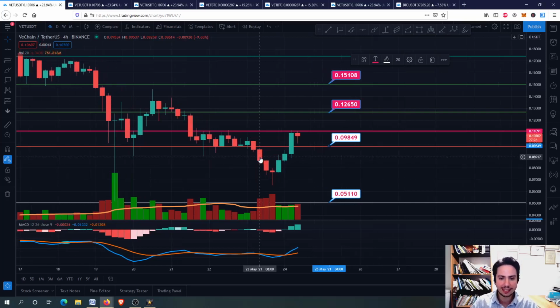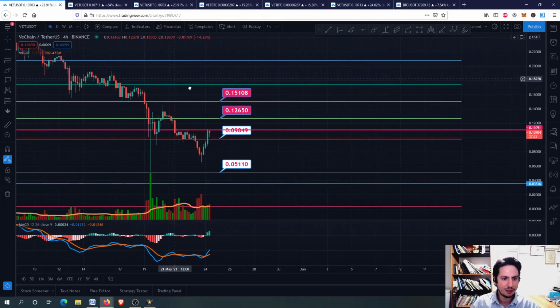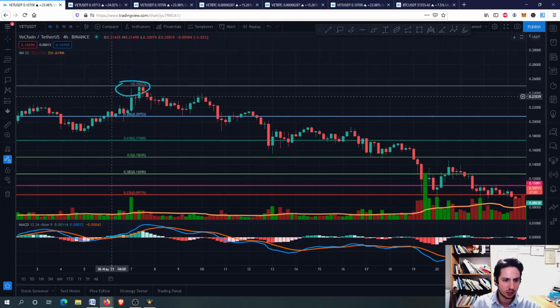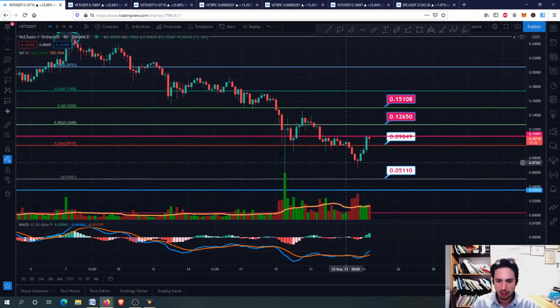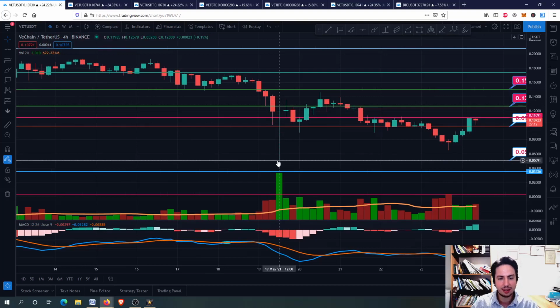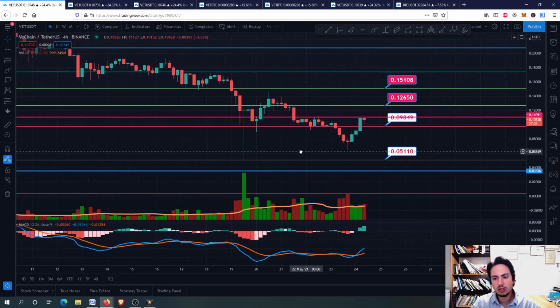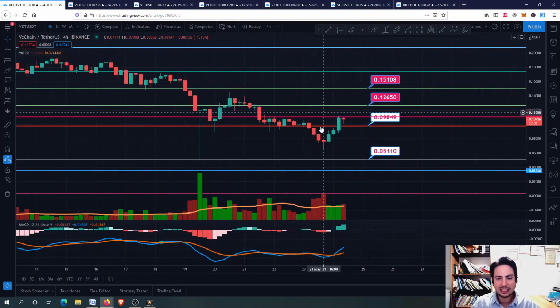Let's see now what I've done with the Fibonacci retracement. I've drawn this Fibonacci retracement right here, guys, from this top on 7th May down to this bottom, like here when we had the swing low, when we had the massive correction of Bitcoin. The reason I did this is because I wanted to find, guys, major resistance levels.